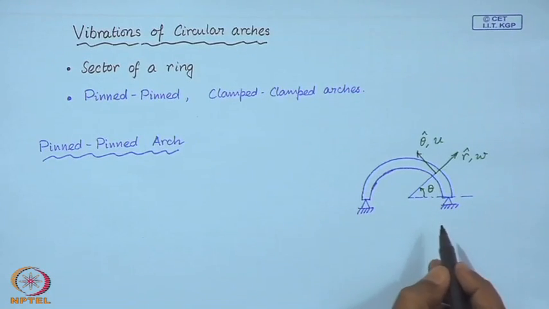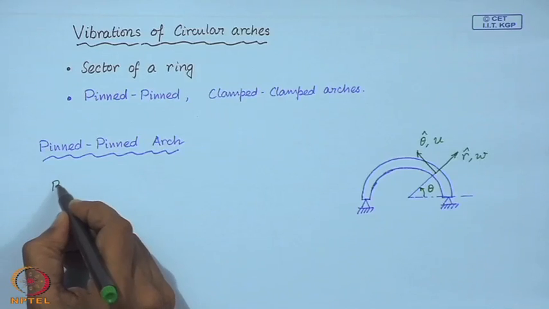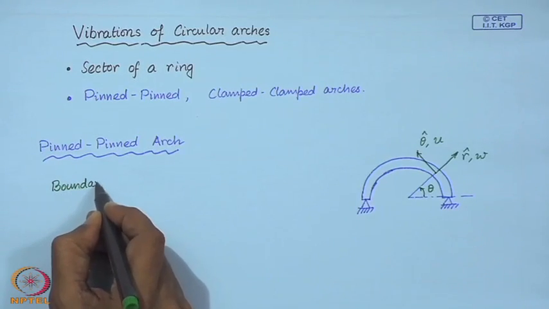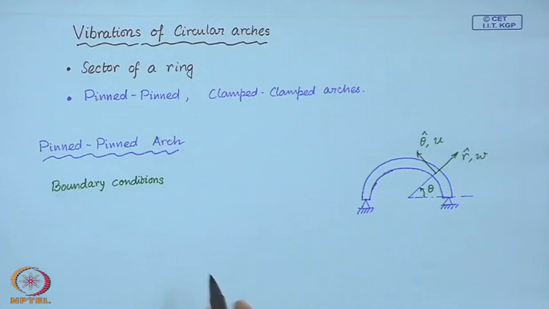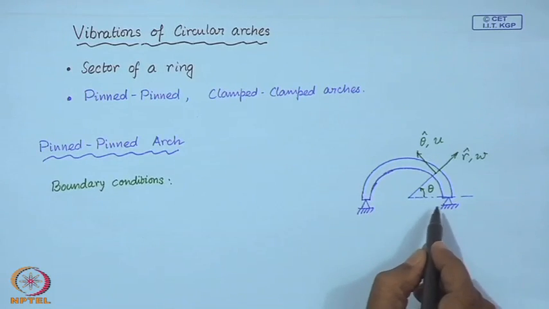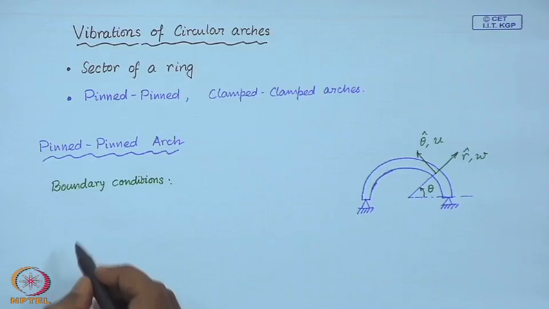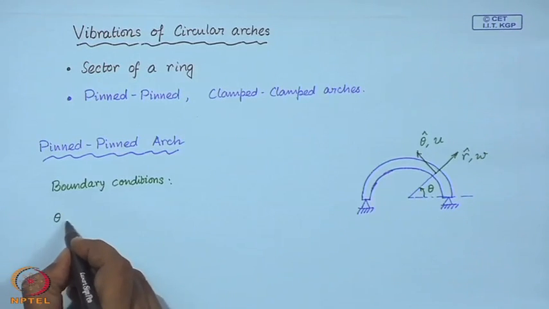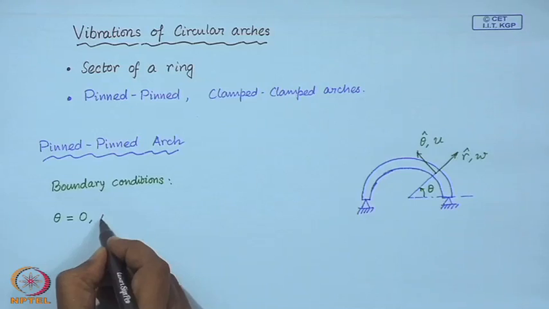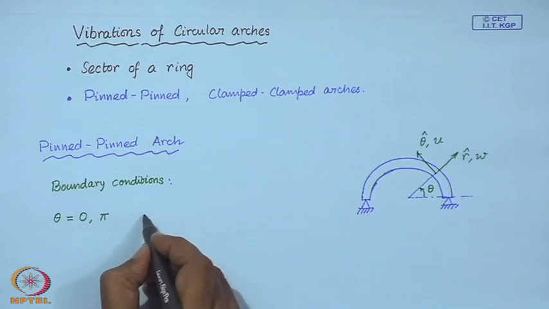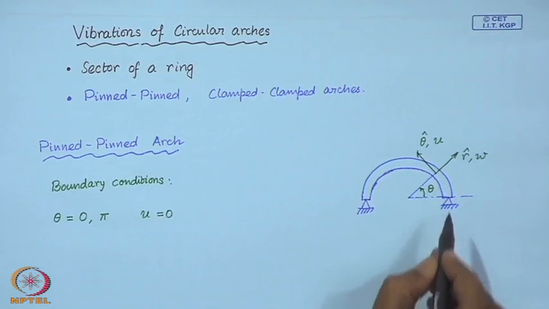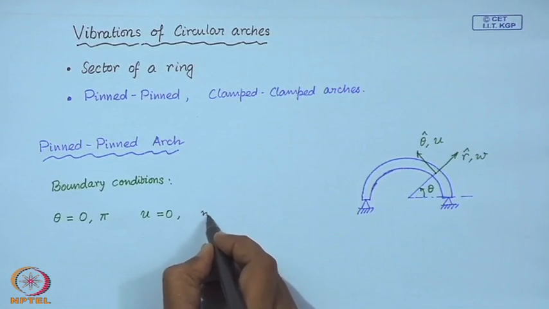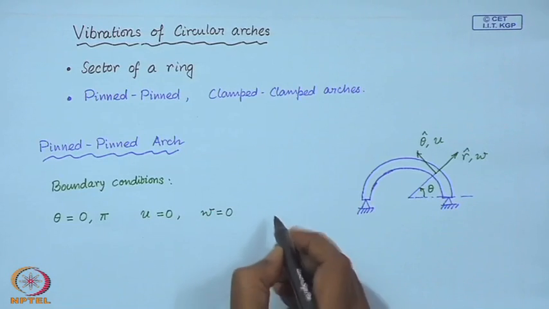Now, the boundary conditions, if you look back on the discussions we had on the boundary conditions of the curved beams, then at theta equal to 0 and theta equal to pi, we must have u equal to 0, which is the circumferential motion, and w equal to 0, and we also must have